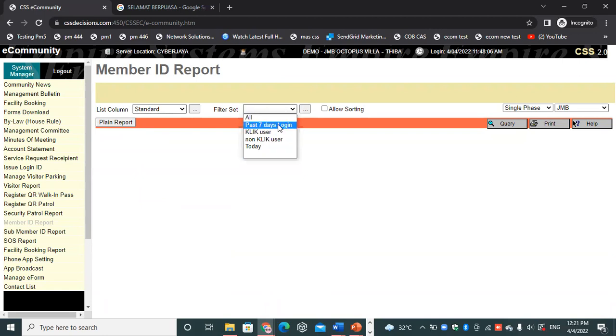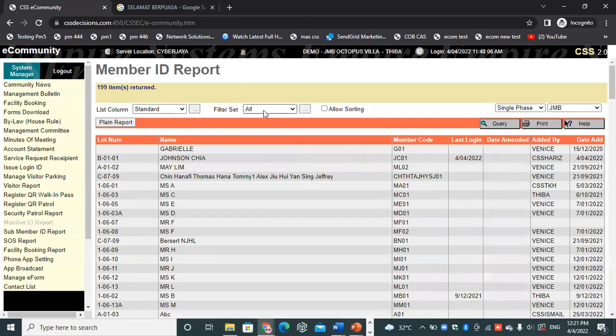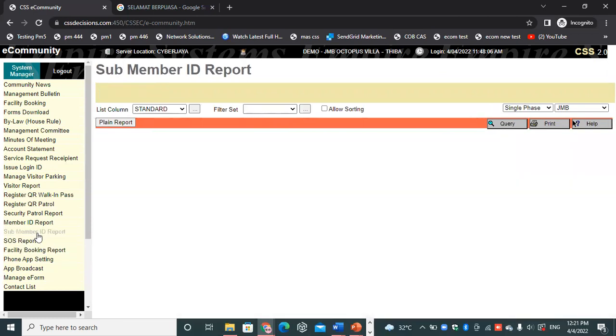Member ID report means here you can have a look at who was logged in for the past 7 days, or if you want to view until all, you just can press the all. And another one, sub ID report. Sub ID report means you're able to see who is your